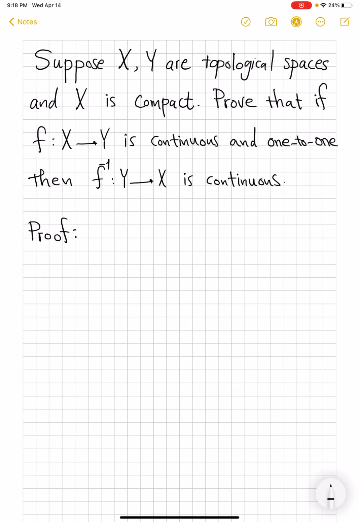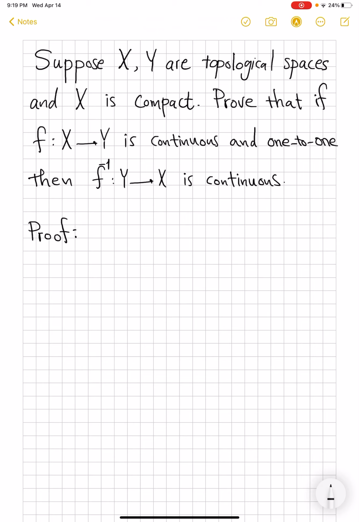Prove that if f is a continuous function that is one-to-one, so that we can define an inverse map set-theoretically speaking, then this inverse function happens to be continuous. In other words, if your domain is compact, and as long as you can define an inverse, it will be continuous automatically, which is kind of surprising. So as for the proof,